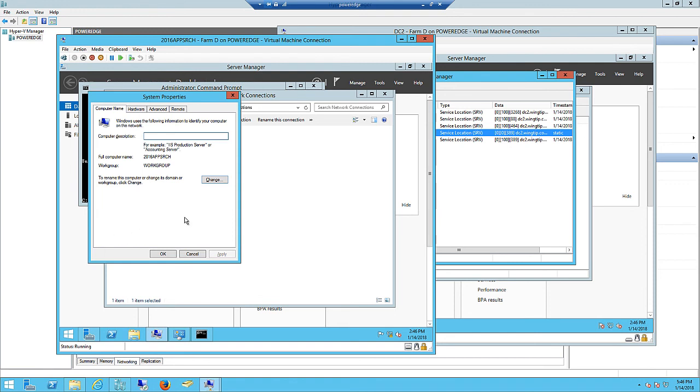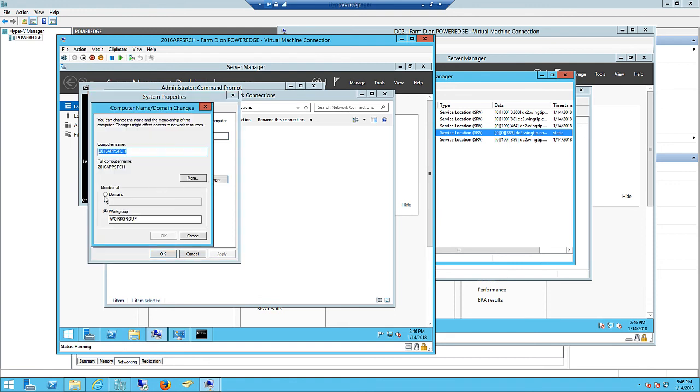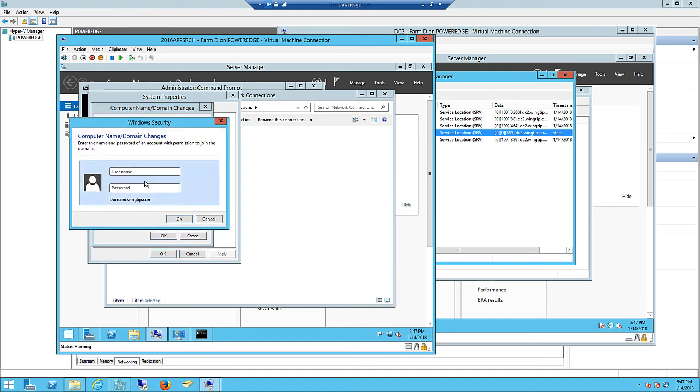And try to join that domain again. So wingtip.com. And now if this doesn't work, what we're going to do in the domain is create... hey, there we go. So we just need to refresh. So now, in wingtip.com, we're going to just type in